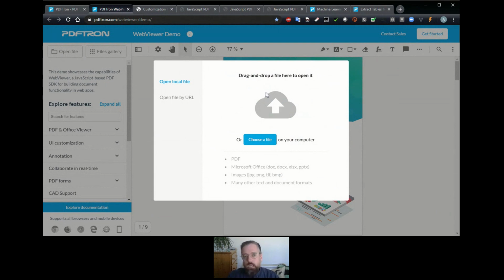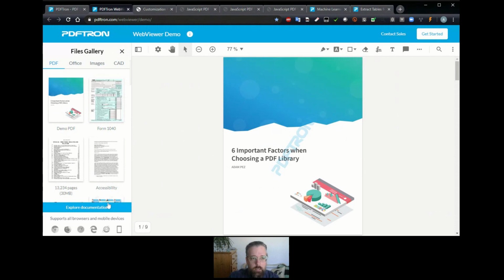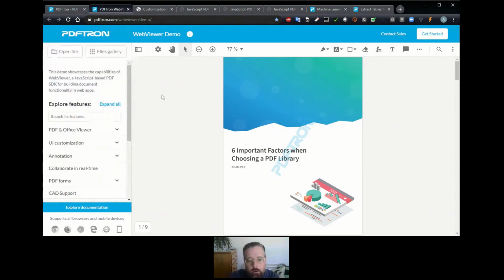You can upload files that maybe you've tried viewing in other viewers and maybe didn't look correct, so you can see the rendering within WebViewer here. And additionally, we have some built-in files as well, of Office and images and CAD. So this is a great way for you to try out your documents and see what the performance is actually like